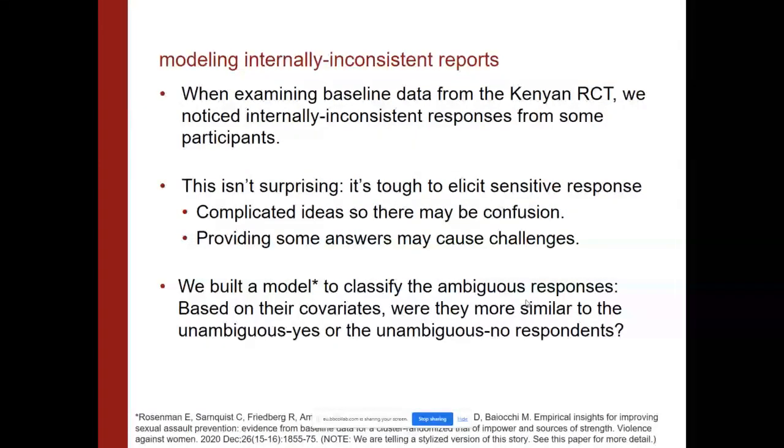So when we saw these inconsistent results, we wanted to adjudicate it. We wanted to think about a principled way of using our data to say, if we get an ambiguous answer, should we think of it as more of a no, or more of a yes? So we did something relatively simple. We built a logistic model, and for the unambiguous yeses and unambiguous nos, we regressed that on a set of covariates, x1, x2, x3, to see if we can get some sense of how the covariates, or the question responses, map, such that for the ambiguous people, we can get a good sense of whether they're more like the yeses or more like the nos.